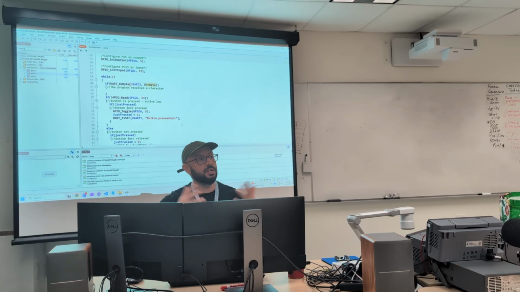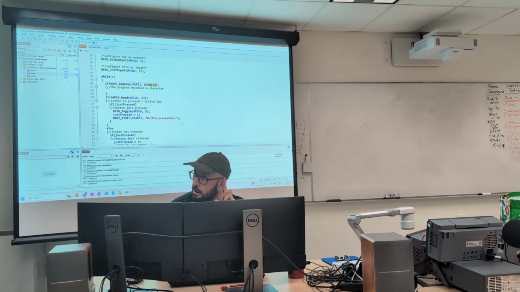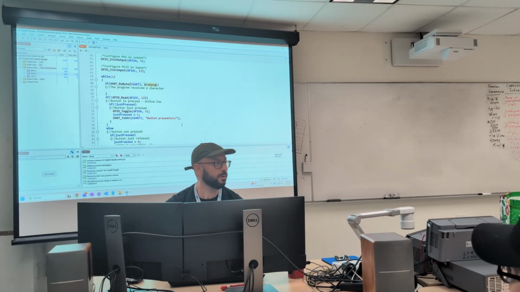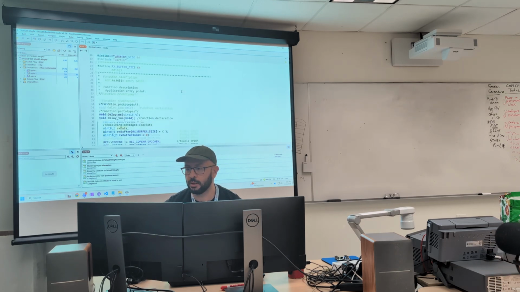So if I want to receive an entire message, what do I need? An array. An array of characters. Excellent. Because if I have only a variable that can store only one character, I'm going to lose the next. It's going to be overwritten, so I need an array.